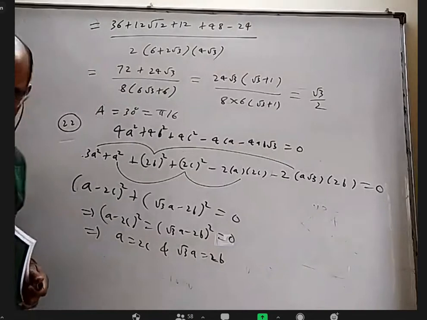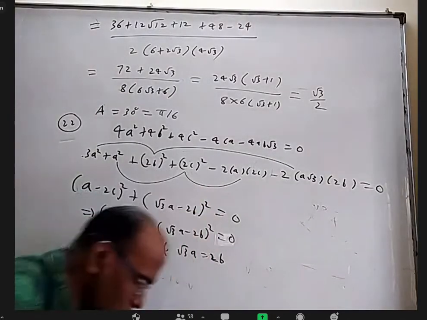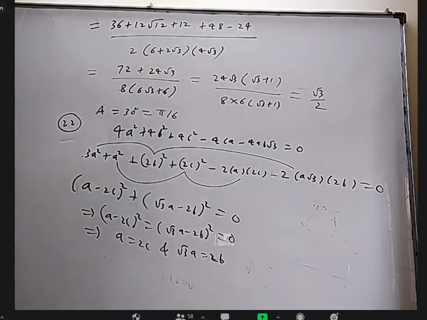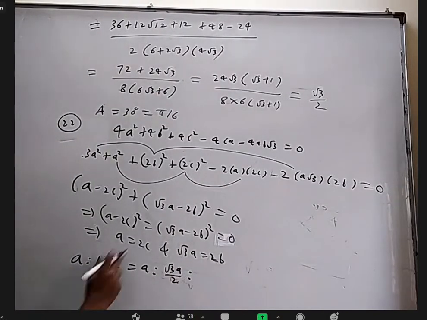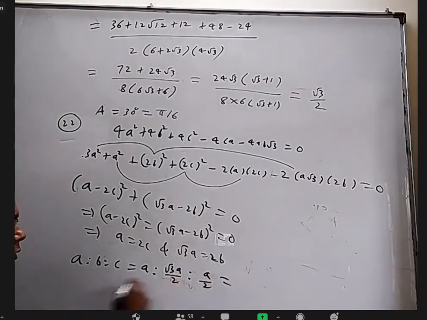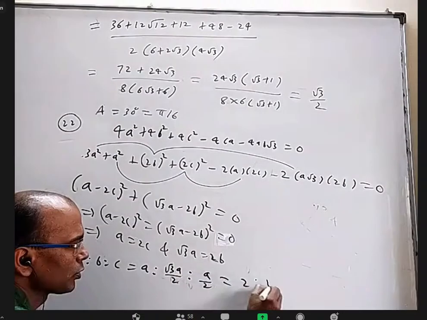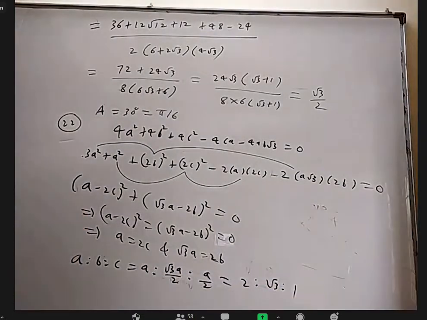This is good enough for us to find the a is to b is to c ratio, and that ratio is enough to find all the angles. And if they come as right angle triangles, it's easier. If I take a is to b is to c, I can write b and c in terms of a. In terms of a, what is b? Root 3 a by 2. What is c? A by 2. So when I cancel a and multiply by 2, it is 2 is to root 3 is to 1.